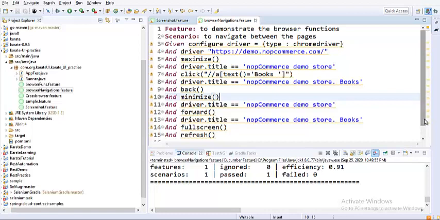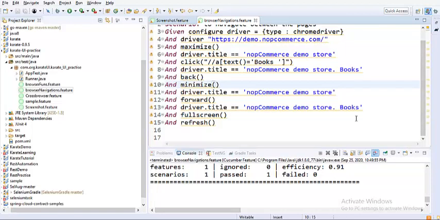We also understood that by default Karate closes the browser window, so there is no point in calling the quit function again. However, that does the same function for us. So these are the little browser navigation functions. It is always good to have this knowledge, but I'm not really sure how far these are used in real-time industry practice. It's always good to know how these things are present and how they are beneficial, so we can very well deploy them as and when there is a need.